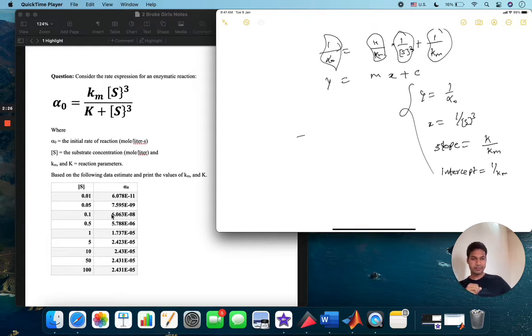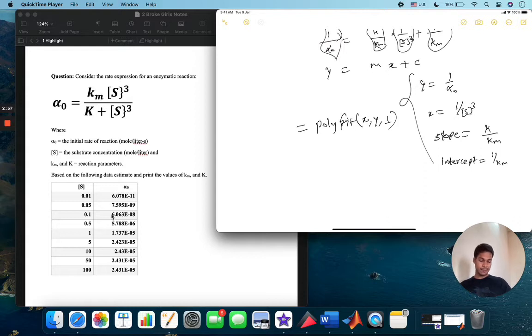So how does this polyfit function in MATLAB work? Well, you write polyfit first, and then it accepts some arguments, like the data that you want to fit. First you need to provide the x data and then y data, and then the order to which you want to fit it. So for example, if you want to fit linear, you'll write 1. If you want to fit a quadratic equation, you would write 2, and for cubic that would be 3, right? And because we want a linear equation which looks like this,